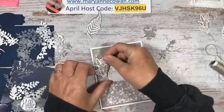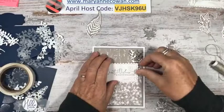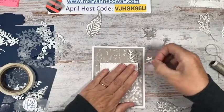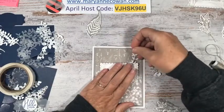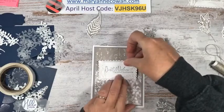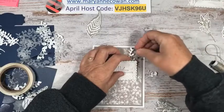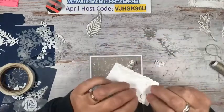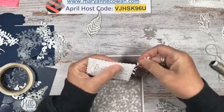All right. Okay, let me put this on. No. So these have to go behind here. And we don't want them all the same height. So we want a tall white, and we want to remember this is going to go down a little bit. We want a tall white, then a not so tall, and then the little one. And I've already got a dimensional here, so this might be trickier than...